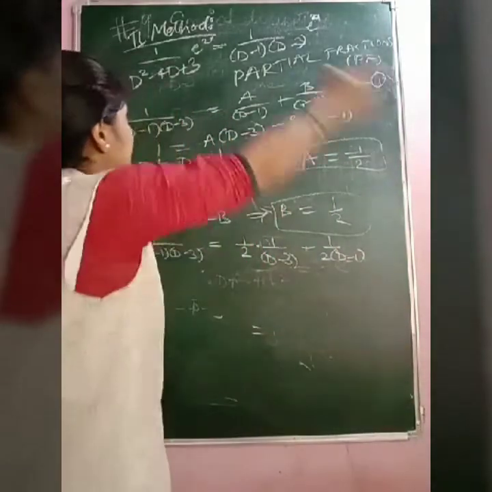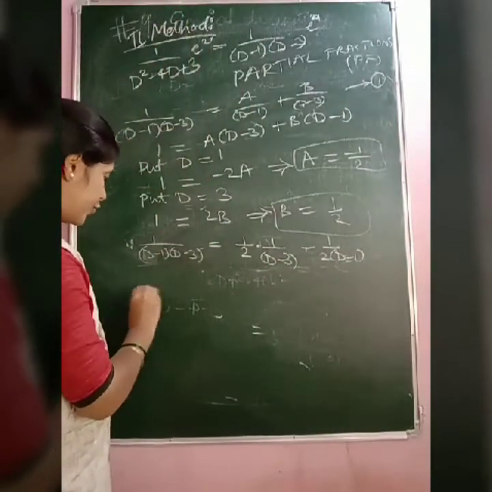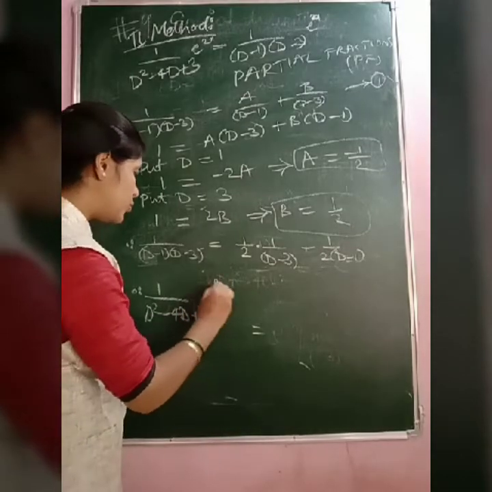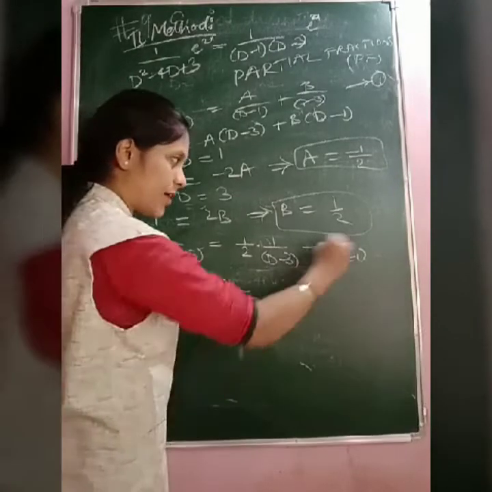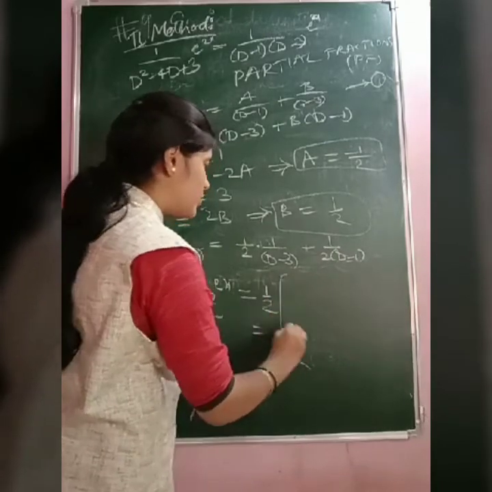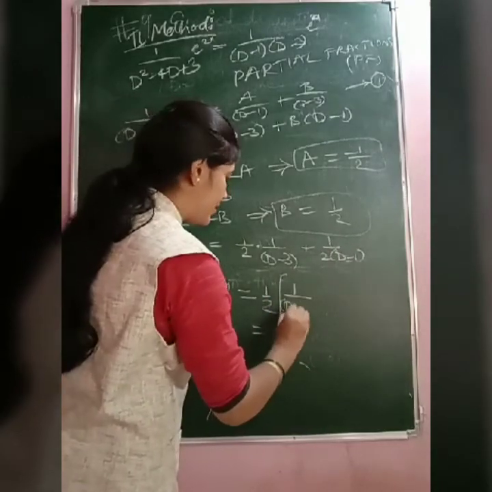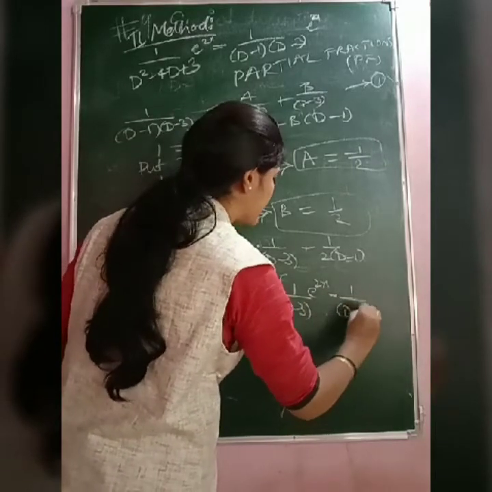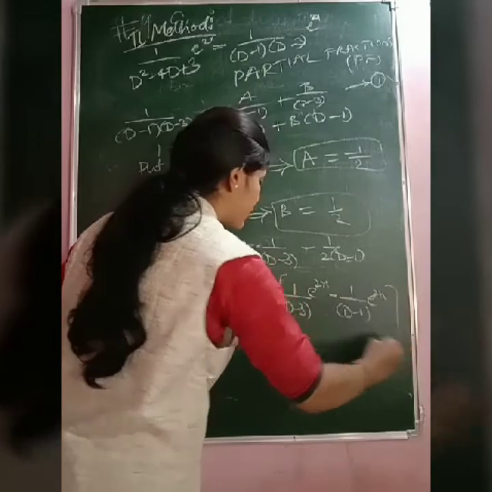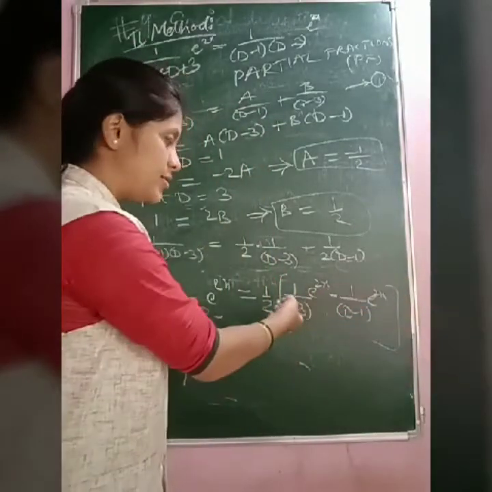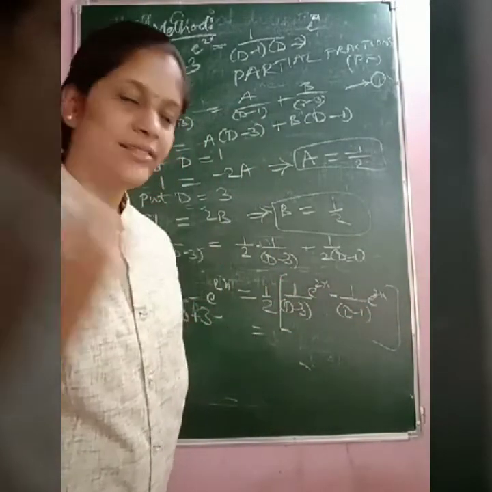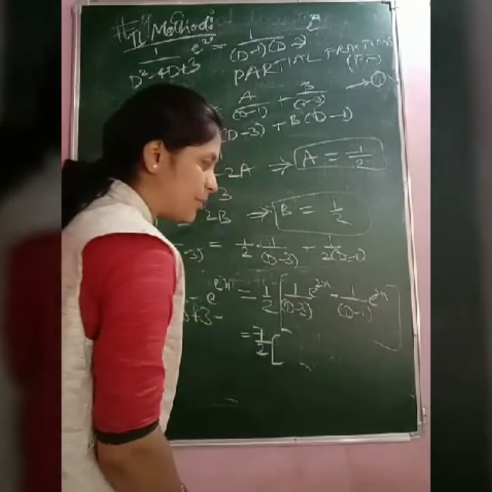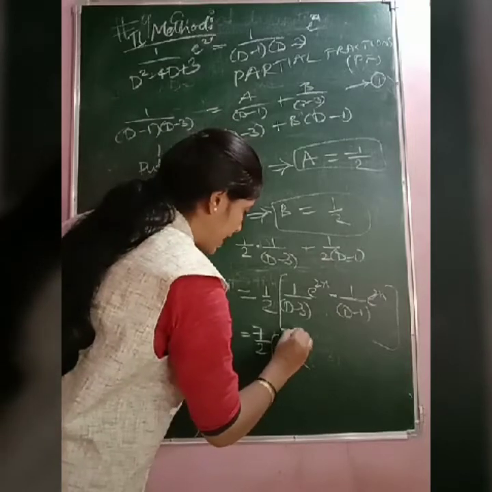So therefore 1 by D square minus 4D plus 3 e raised to 2x equals 1 by 2. Let us take it outside. We are left with 1 by D minus 3 e raised to 2x minus 1 by D minus 1 e raised to 2x. Again same thing, let us use the formula once and we'll get the answer. So 1 by 2 as it is. What about this? 1 by D minus a of x is e raised to ax,